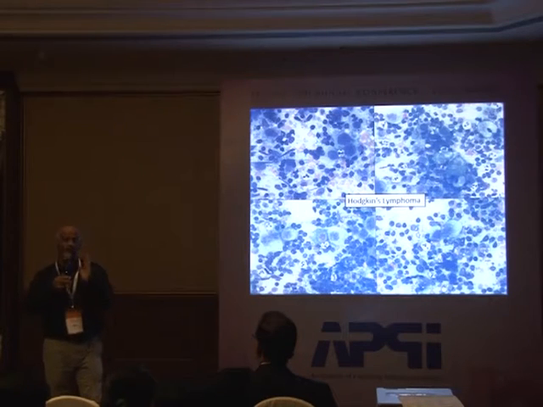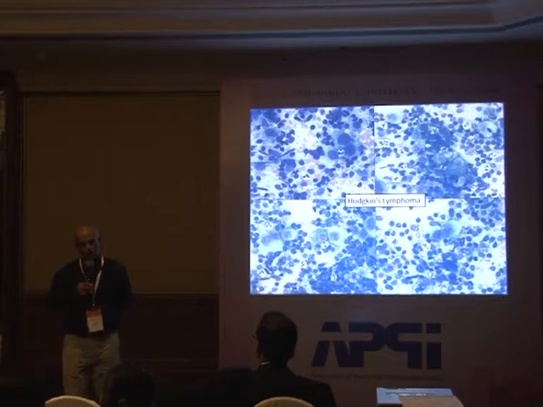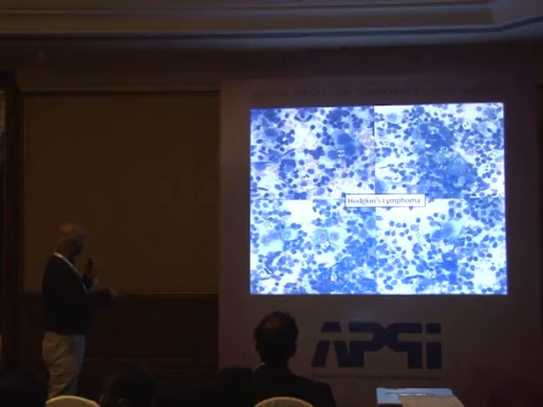And we can be wrong 5 to 10% of times, if not more. So one has to be very careful. Common differentials of Hodgkin's in FNAC as well as in biopsy would be T-cell rich B-cell lymphoma, T-cell histiocyte rich B-cell lymphoma, where you can get these tumor cells, which can look like RS cells.